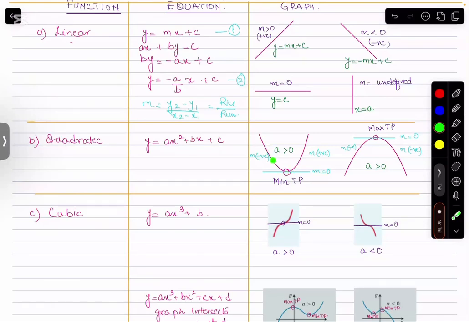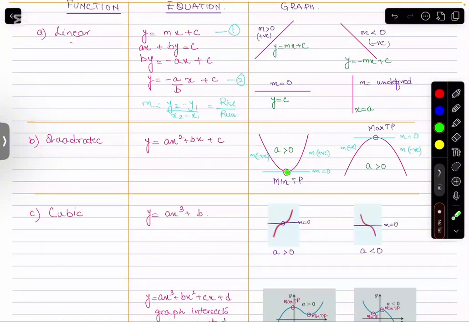And if you look at the curve here, you can see that this curve is actually sloping down. Sloping down means the gradient on this side has to be negative. At the turning point, if you make a tangent here, then this tangent is horizontal, and we have already discussed that a horizontal tangent has gradient 0. So the curve slopes down, therefore the gradient is negative. Here the gradient is 0.